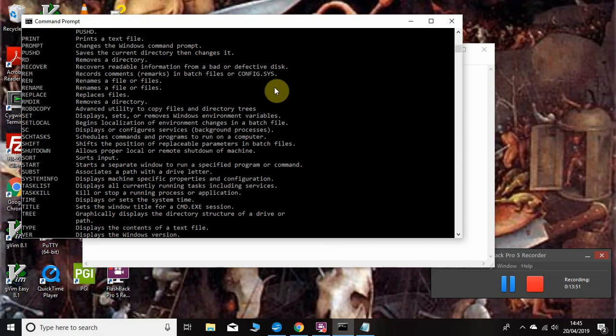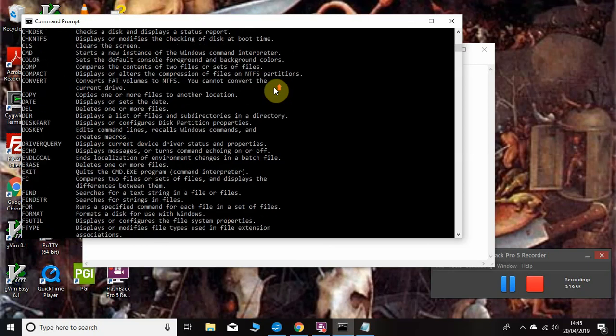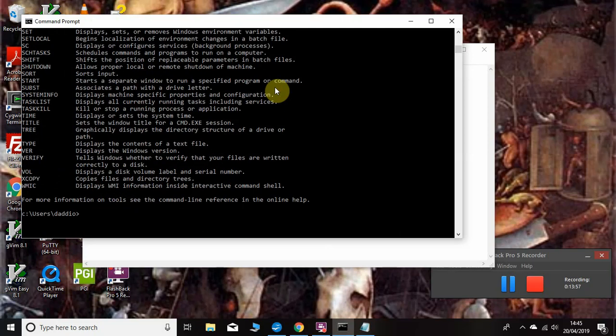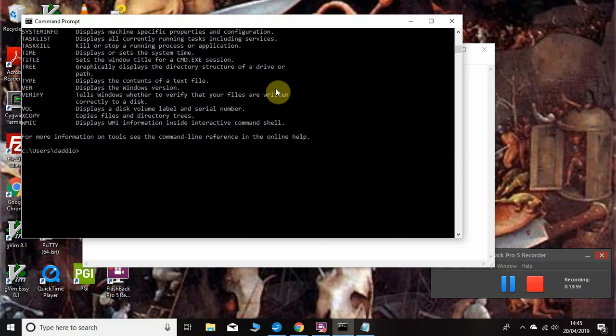There we are. We can scroll up, but if we have output like that, what we can do is type help and then the right angle bracket, which you can think of as an arrow, and I'll call it DOS